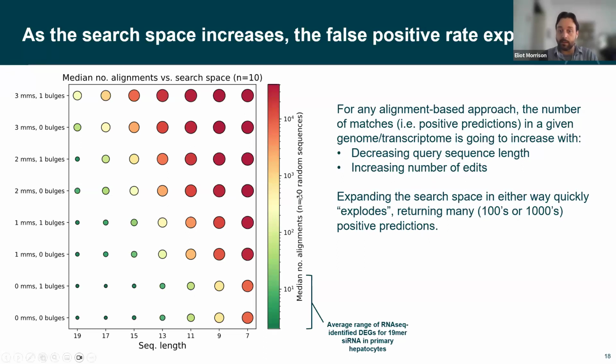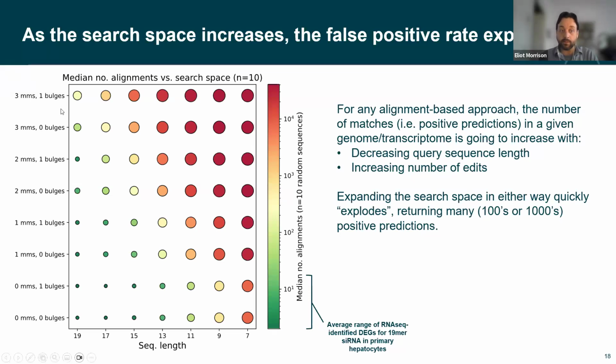And here what we did is we took 10 random 19-mer sequences from the human transcriptome. Essentially, you can think of these as 10 random siRNA designs. And we aligned them to the entire human transcriptome. And what we're showing here are the number of alignments for each of these sequences. In this case, you can think of the number of alignments as kind of a naive prediction of the number of off-targets, right? And what we did is we looked at the effect of the number of alignments as you